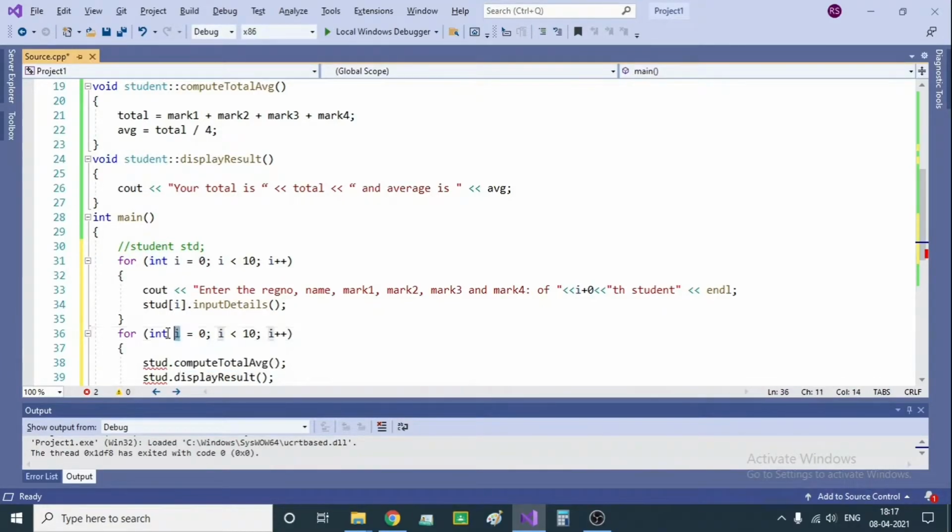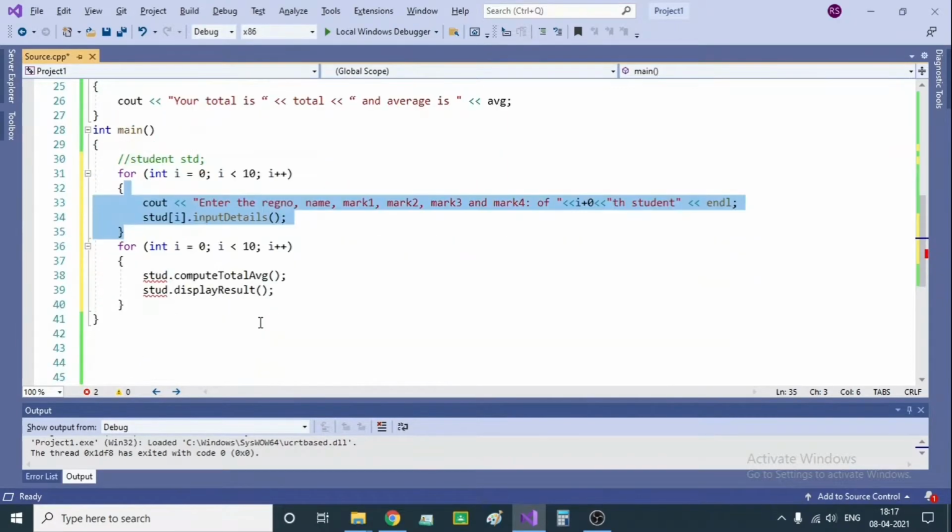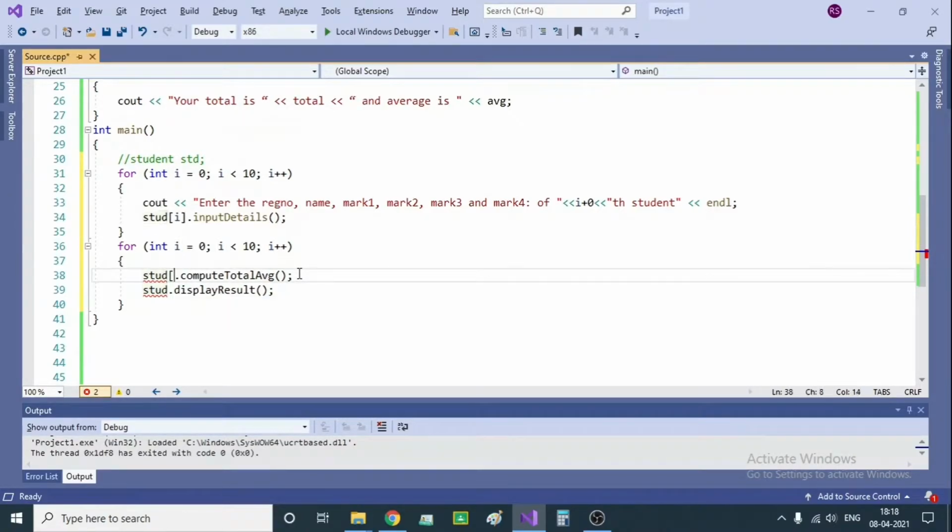See here I'm using the same variable, but I won't see any error message because it has been declared twice. The lifetime and scope of this variable is restricted to the for loop alone, and it will not be accessible or available outside the for loop. In the same way I can reuse the i variable any number of times. Here also we have to just add i.